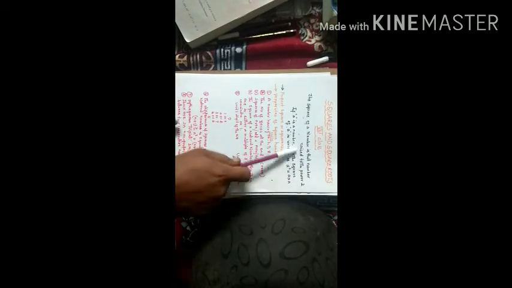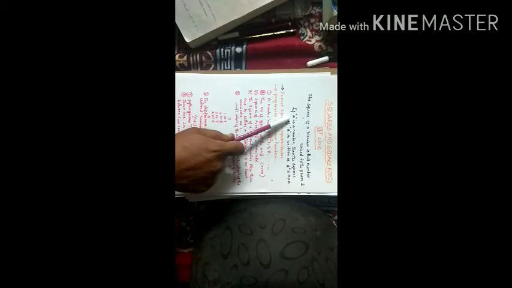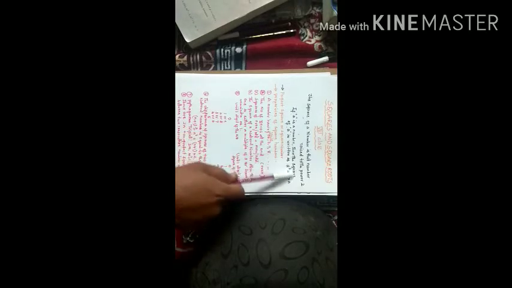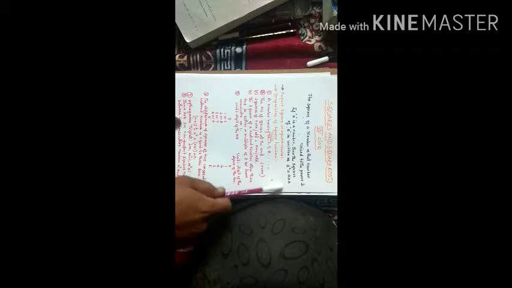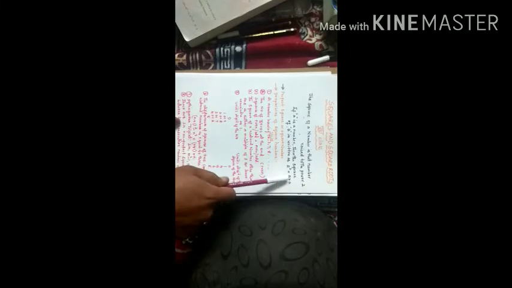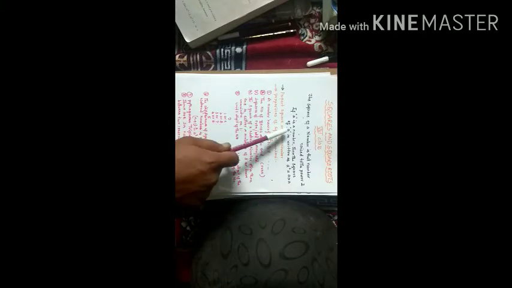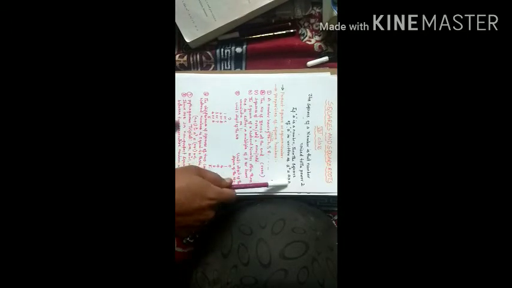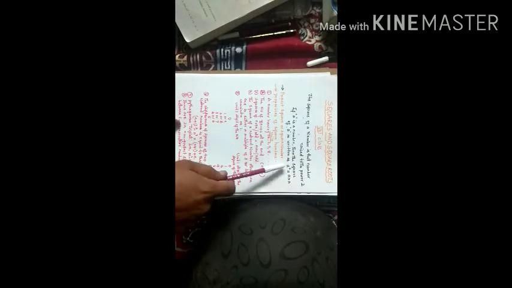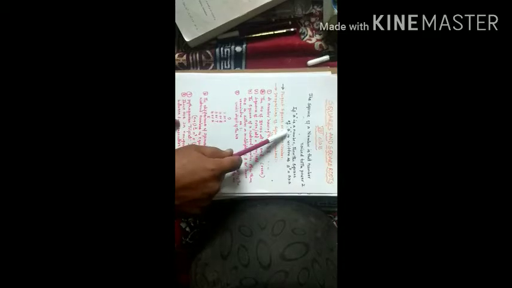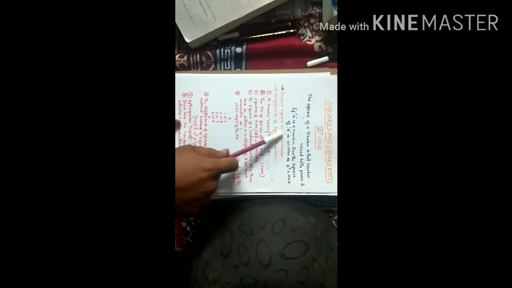Square number is nothing but the square of a number, that is, that number raised to power 2. So already you know that, for example, if a is a number, then its square we can call a square. A square is nothing but a into a. So a square is the square of a, that is a square is equal to a into a. For example, if you take a number 5, what is its square number? Means 5 square, that is 5 into 5, 25. If you take 4, 4 into 4 is 16. So 25 is the square number of 5 and 16 is the square number of 4.